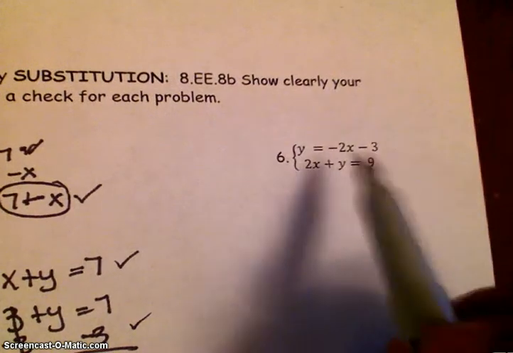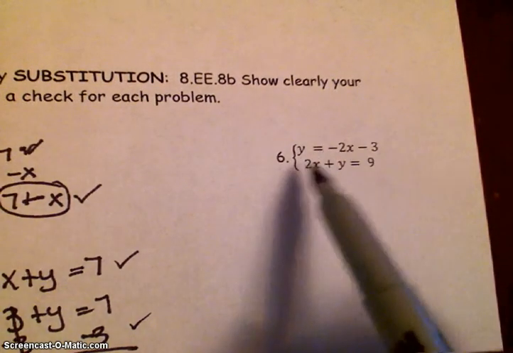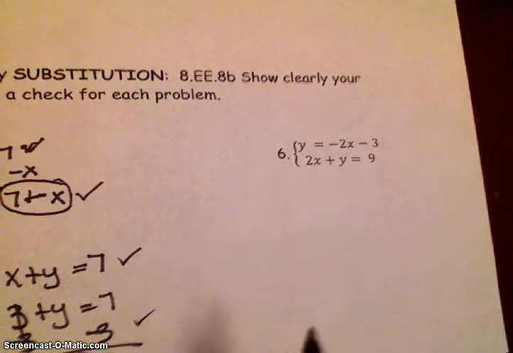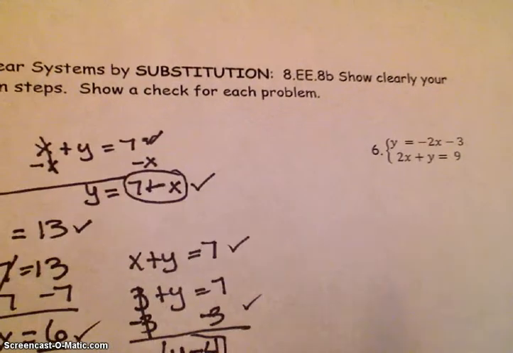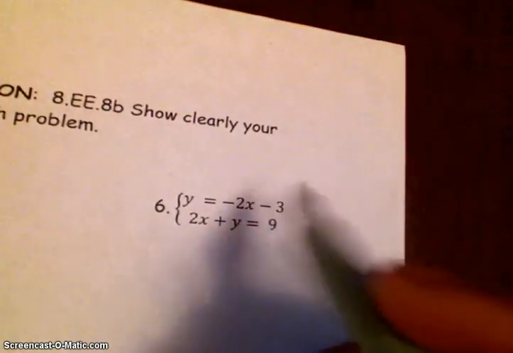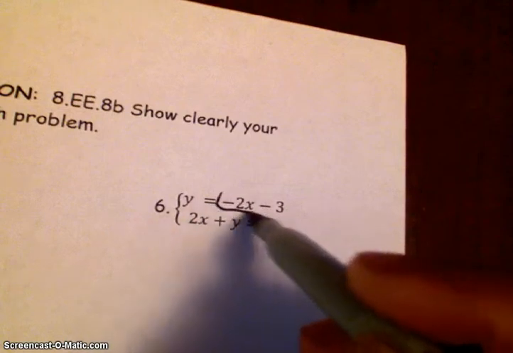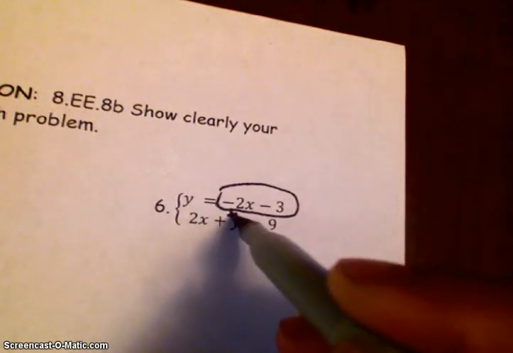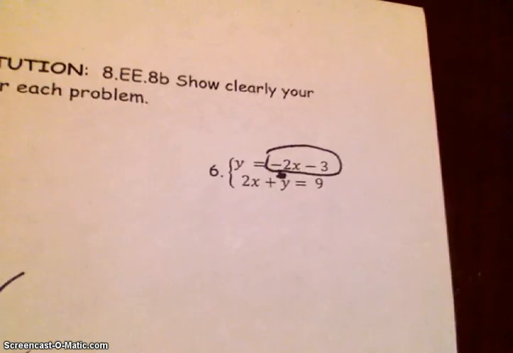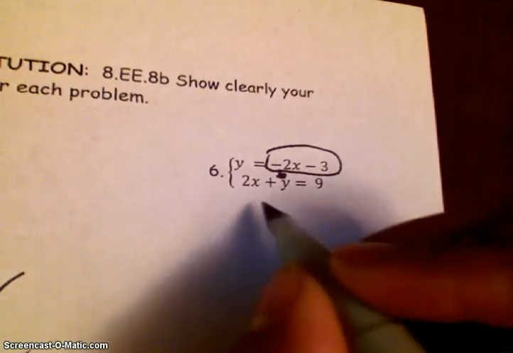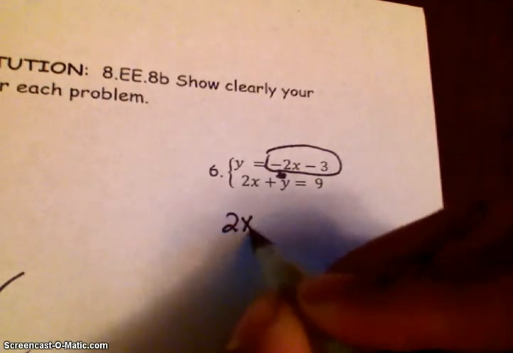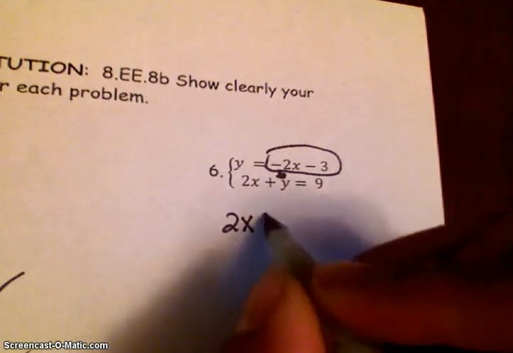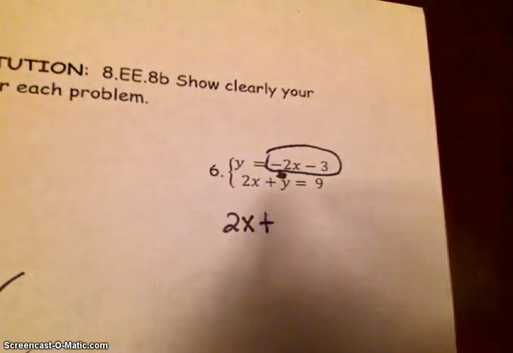Okay, let's go on to the next one, number 6. Once again, my goal is to have a variable by itself. If you notice, y is already by itself. And so all I have to do is take what y equals and substitute it in for this y. So I'm going to go 2 times x, rewrite the second equation, plus,